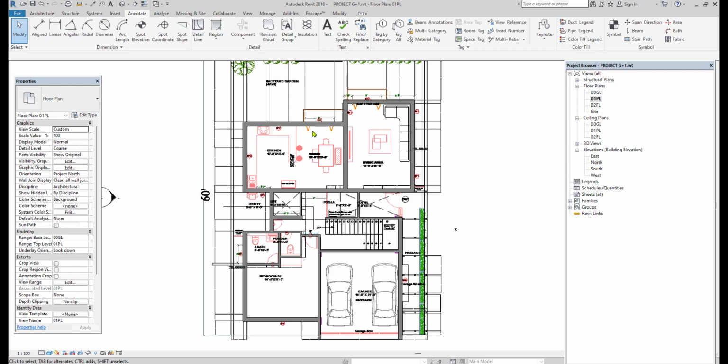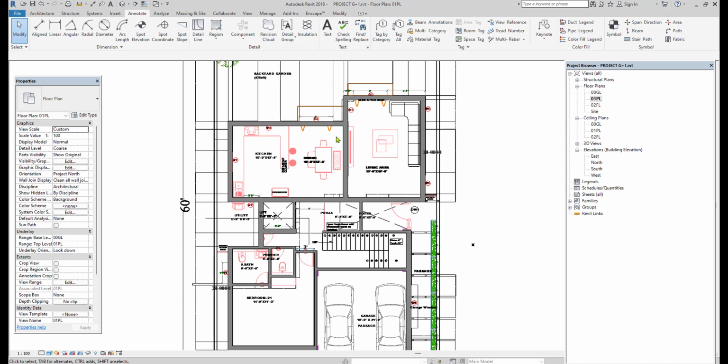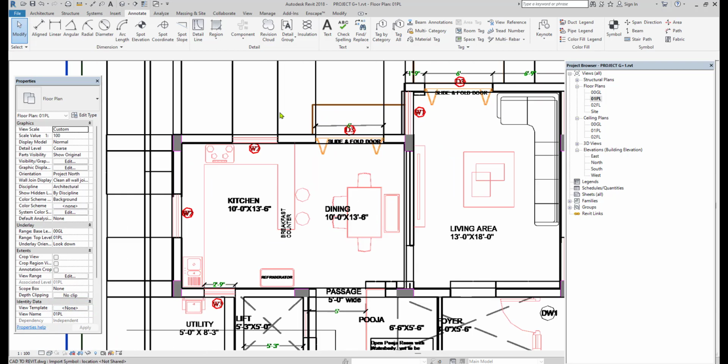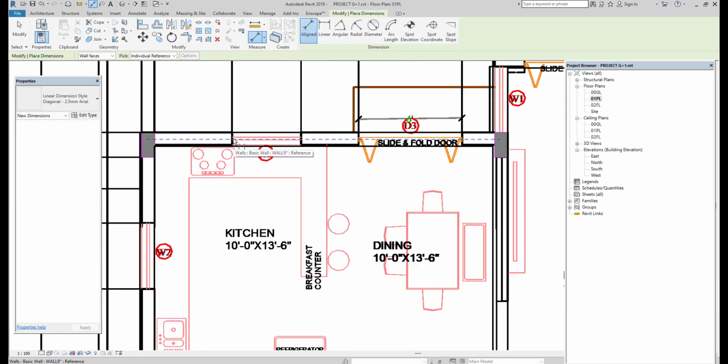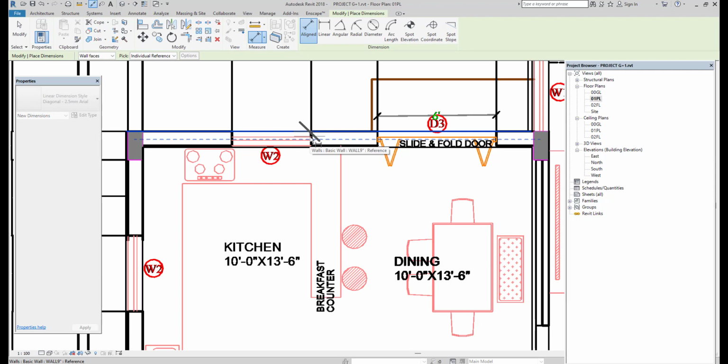Next I am going to place the windows. We already learned how to place the windows. In order to get the location of the window, now the mode is in shaded. I am going to the style and making it into wireframe to get the idea of the windows. Check the distance of the window. For that I am clicking on the annotate option in the menu bar, then click on the align option, and measure the distance of the windows, or else you can go with the opening and schedule.